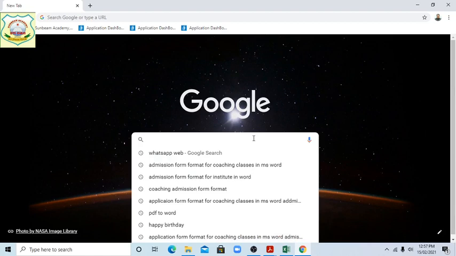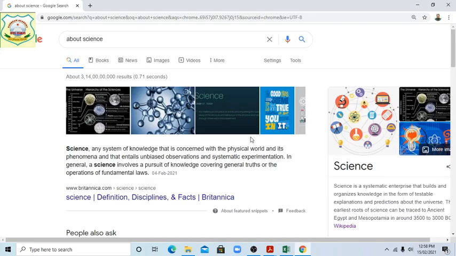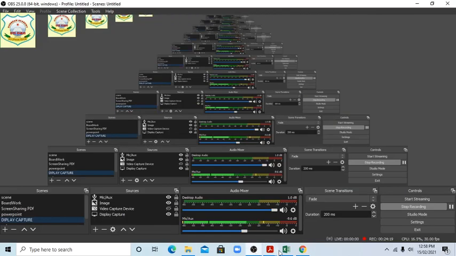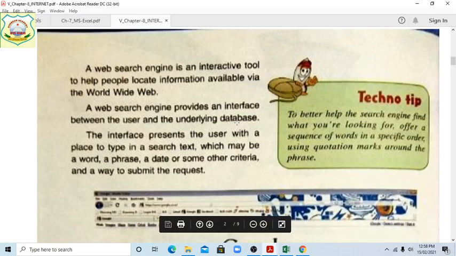If we want to search anything, students, suppose about science, about computer or science, we can say. See this, more science we can see here. So we can search. A web search engine provides an interface between the users and the underlying database.